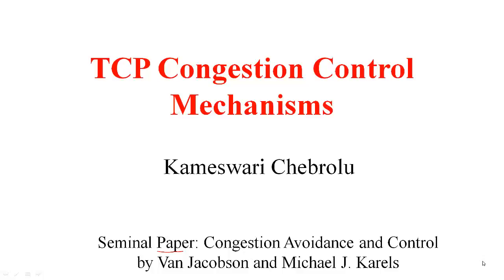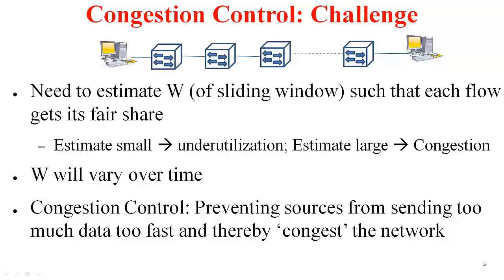First, let's see how much you remember. Here is a quick recap of what has transpired so far. TCP is based on the sliding window protocol, so we need to estimate the window size. If we underestimate this window size, it results in underutilization of the available bandwidth. On the contrary, if you overestimate, this is going to push the network into congestion. And to make matters worse, this W is bound to vary with time as new connections pop up and old connections close. So congestion control is all about preventing these sources from sending too much data too fast and thereby congesting